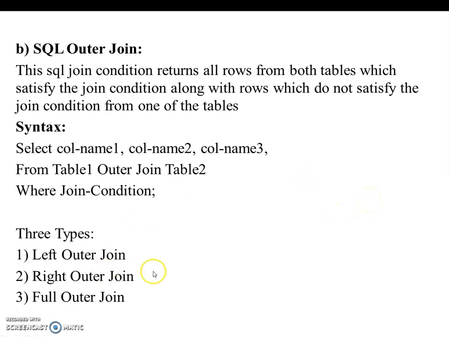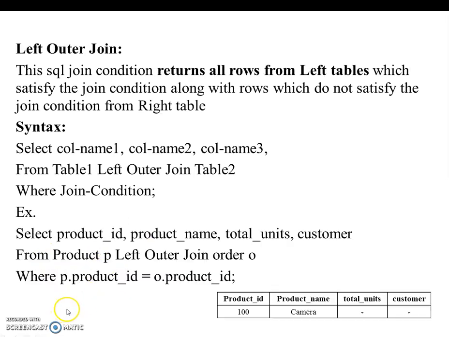Now what are the left, right and both tables? The table which is written before the equal to operator is the left table, and the table which is kept after the equal to operator is the right table. The left and the right table are just names given, but they will be discussed in detail by their types like left outer, right outer and full outer. So first is the left outer join.